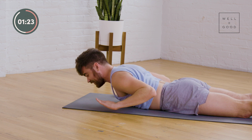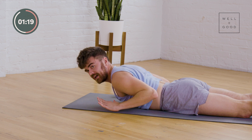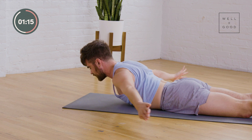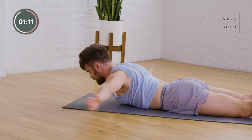Okay, we go ahead, last moment. Big reach forward. You're gonna combine what we've done today. Shoot those arms forward. Now sweep them back, broaden the clavicles, bend in lower. Sweep